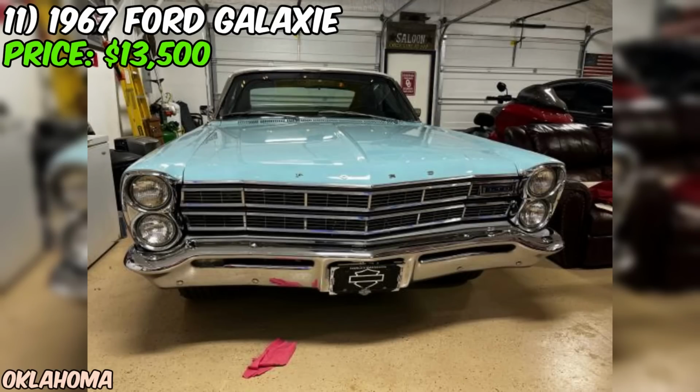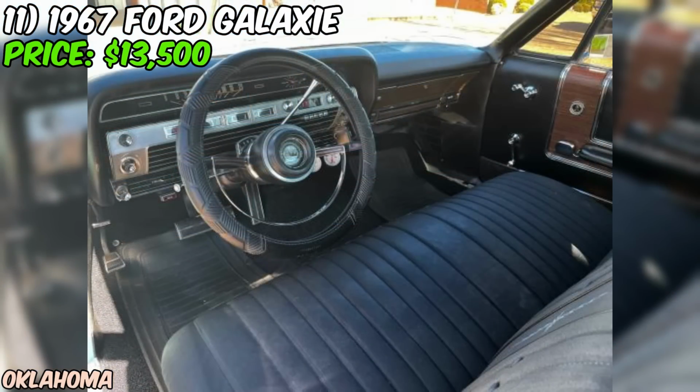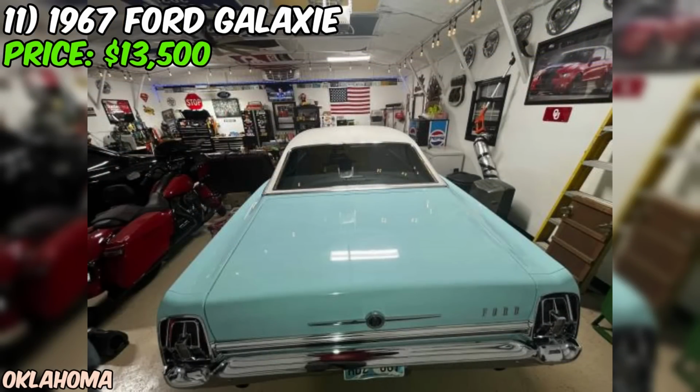That's a testament to the work that's been put into this car. It's not just a pretty face, but a reliable cruiser that's ready to hit the road. Overall, this 1967 Ford Galaxy seems like a dream come true for any classic car enthusiast. It's got the looks, the power, and the reliability to make it a joy to own and drive. And with the work that's been put into it, you can be sure that it's ready to provide years of